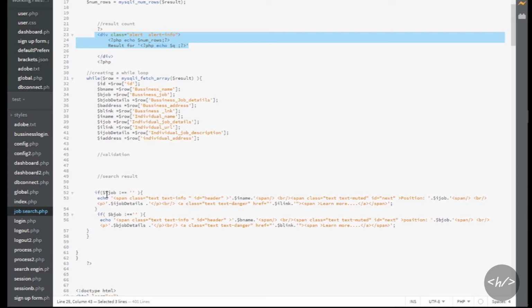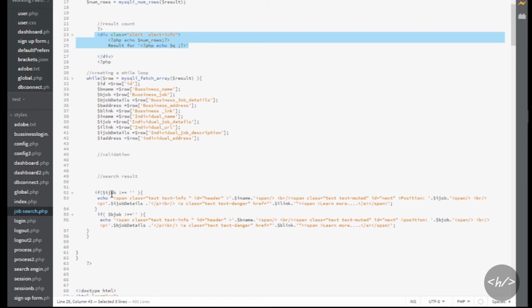So it checks if the individual's job, iJob, is not equal to nothing, let it echo this code. And if the business job is not equal to anything, let it echo this code. That is this for the individual, because the way this search was created is a little bit complicated.